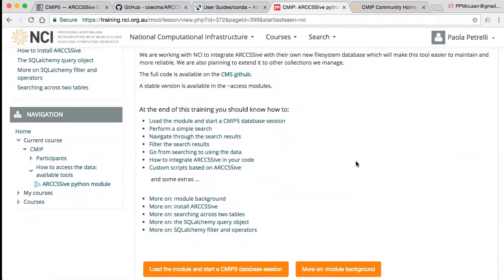It's fully available on GitHub. We compile the latest stable version in the access module, so anyone can use it on Raijin just by loading it from access. But we also added it to